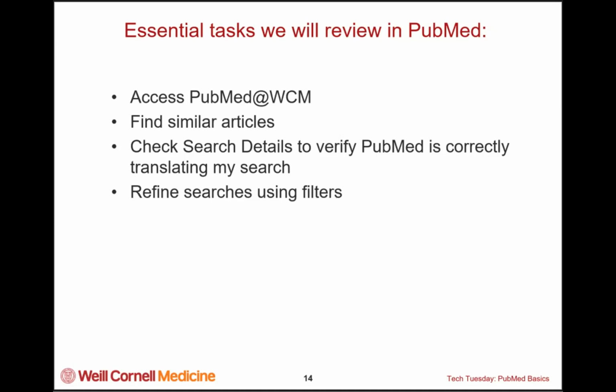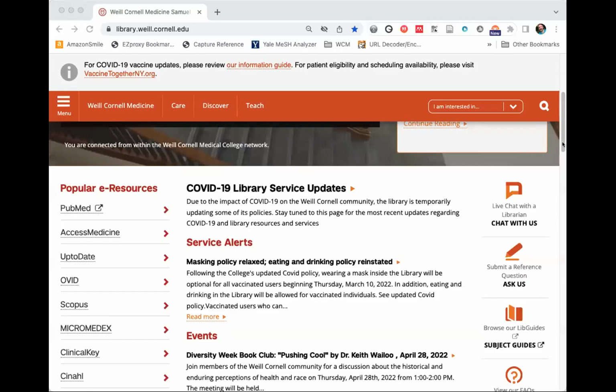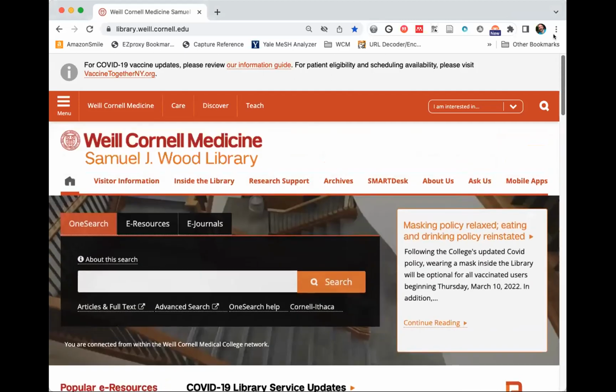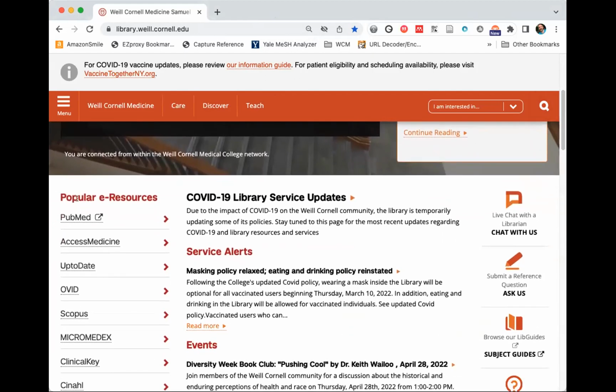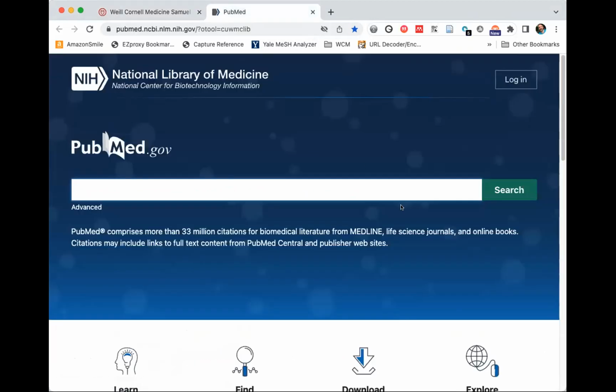Okay. I'm going to share my browser window. Okay, so we're starting from the library homepage, which is library.weill.cornell.edu. And if I scroll down on this page, under popular e-resources, the first one linked is PubMed. So we want you to use this link instead of just going to pubmed.gov. And the reason for that is so that you can get links to full text through the Wood Library's journal